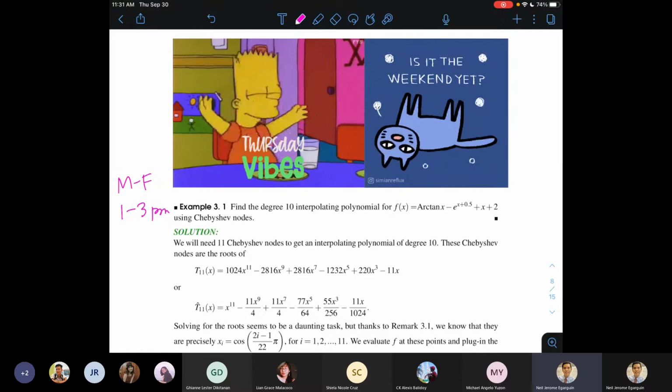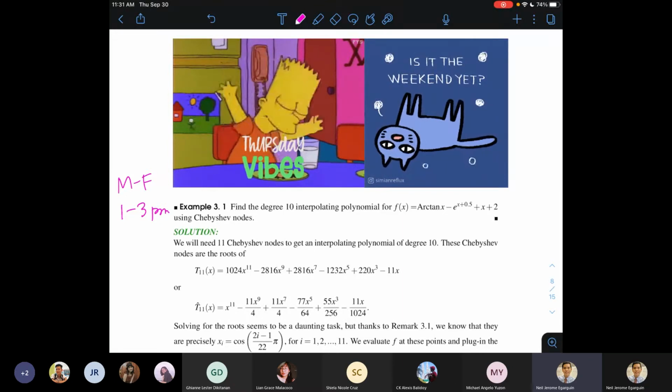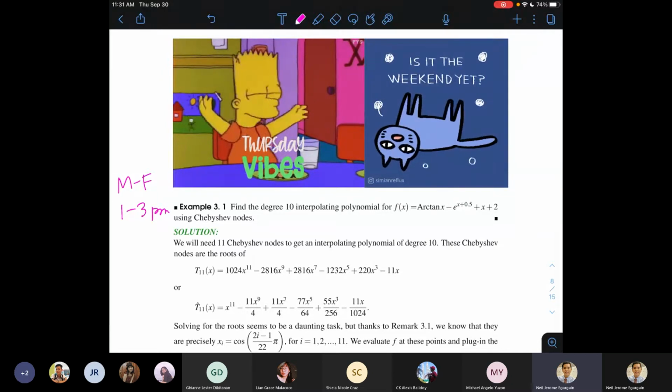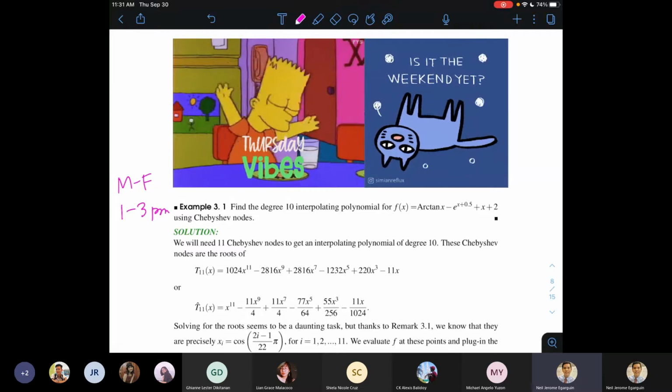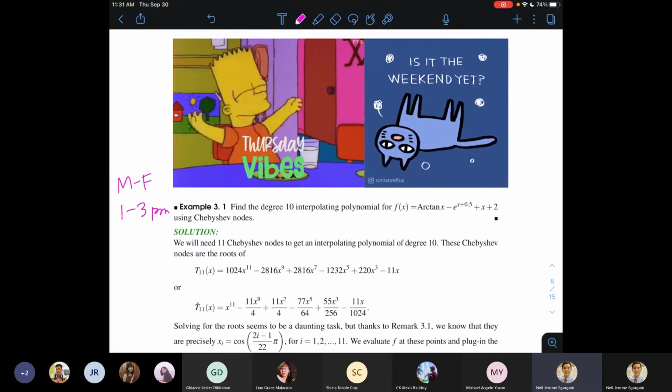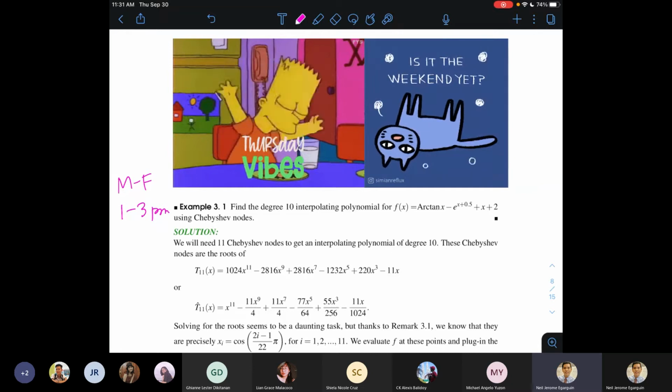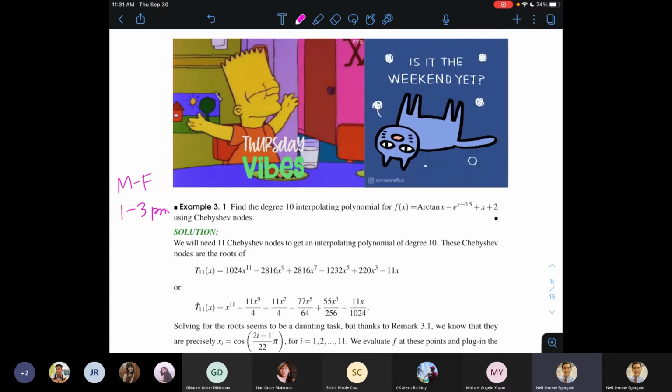So you can drop by MS Teams from 1 to 3 p.m. I already added who is part of the Math 174 MS team to my online office team. Then I will also put the link in Canvas later for the online consultations. I'll try to be in the meeting room from 1 to 3 p.m. from Monday to Friday. But if you enter the meeting room and I'm not there yet, just hit me up with an email or a quick chat, and then I'll be there shortly.